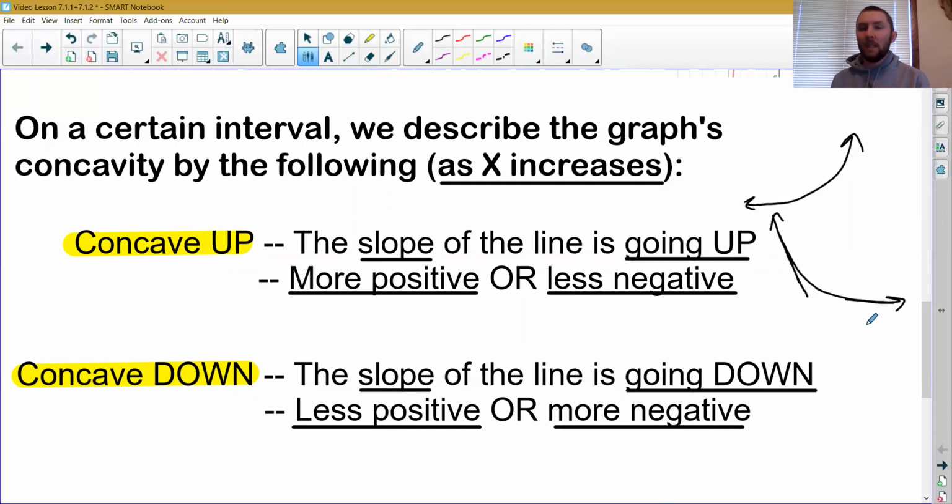Both of those are concave up because the slope of the line is going up. It's either getting less negative and closer to 0, or it's already surpassed 0 and it's going up and getting larger in the positive direction. Okay, that's concave up. Concave down is the opposite. The slope is going down. The slope is decreasing. So that can look like, for example,